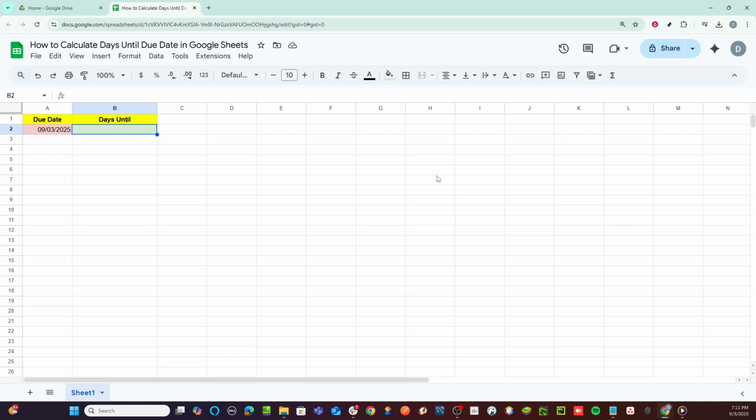On to the third step, you'll need to enter a specific formula. Formulas in Google Sheets are very powerful, allowing you to perform calculations and automate processes easily. Here, you want to type in the following formula. =DATEDIF(TODAY(), A2, "D")